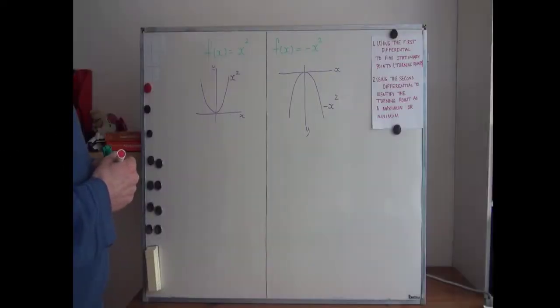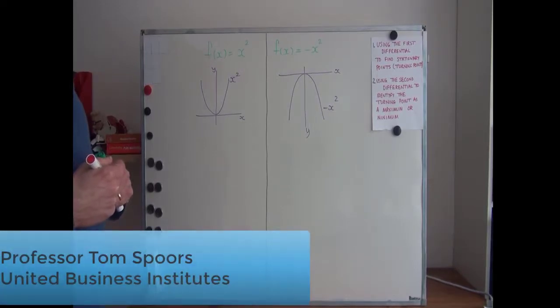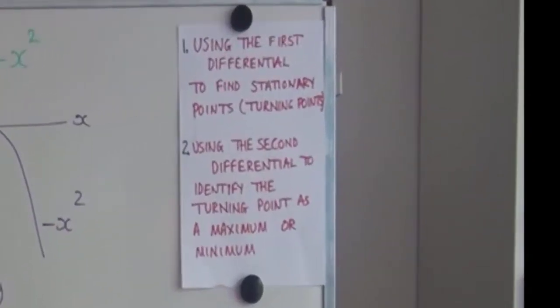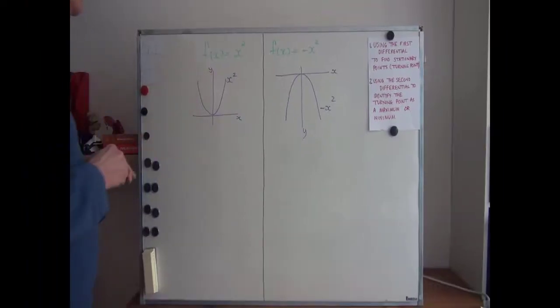In this video we're going to take a look at why we've been bothering with all of these ways of finding the slope of different functions, the methods we discussed: the constant, sum, difference, chain, product and quotient rules. So here's why. We're going to use the first differential of any given function to find what we call stationary points or turning points. With this simple function, f of x is equal to x squared,